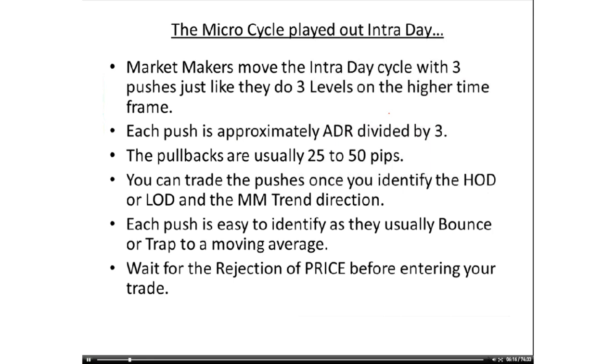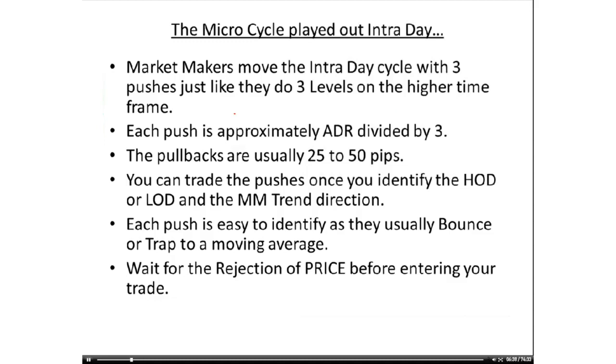You have to measure it to know whether the pullback is valid or not, because sometimes they just go sideways, consolidating in a 10-15 pip channel, and that's not really pulling it back. So you have to watch for these pullbacks. You have to measure them. All right,